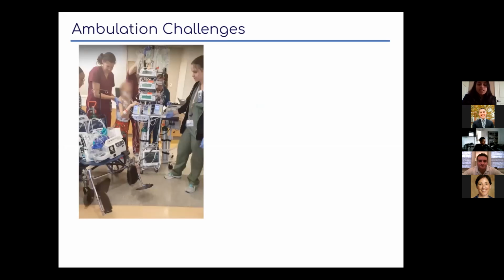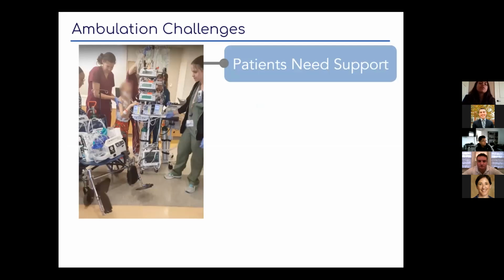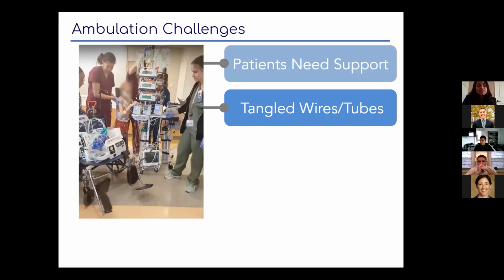So we identified several challenges with this current ambulation procedure. The first is that there's a need for patient support. Many ICU patients are weak, and even the active ambulation can cause severe fatigue that requires immediate support, which is currently not available. Second, there's a need in the ambulation method to have a system to manage the patient's wires